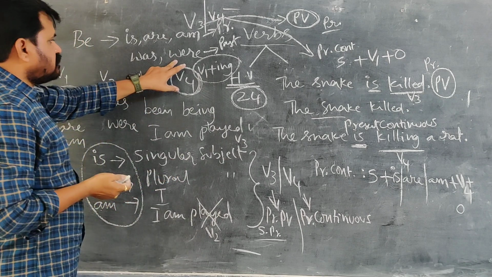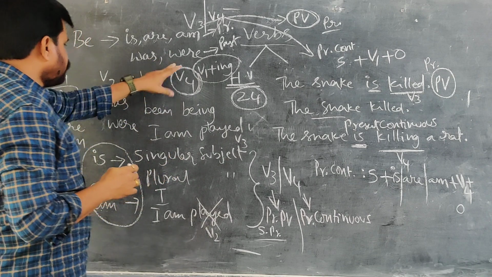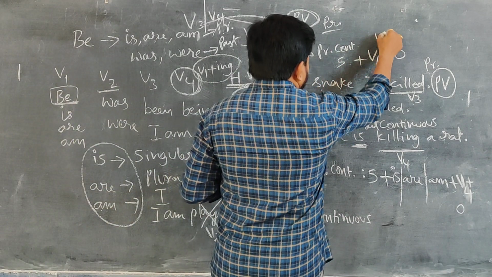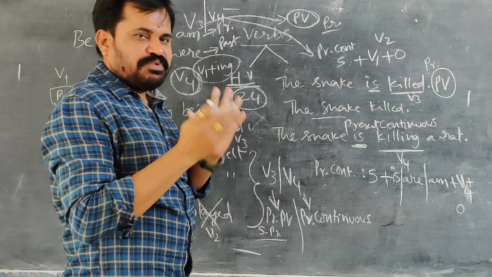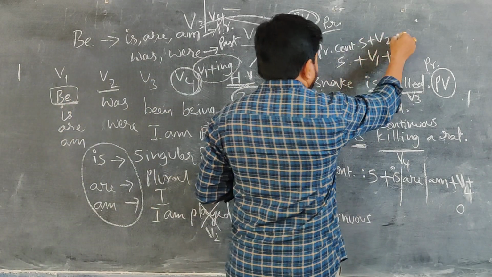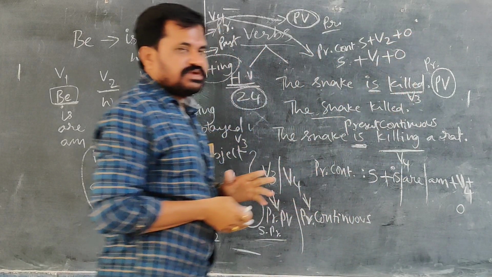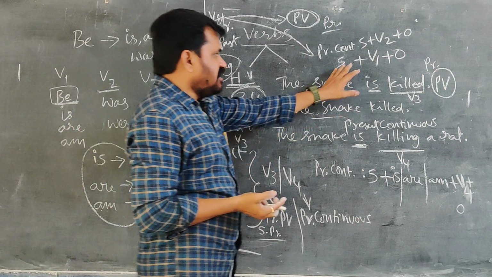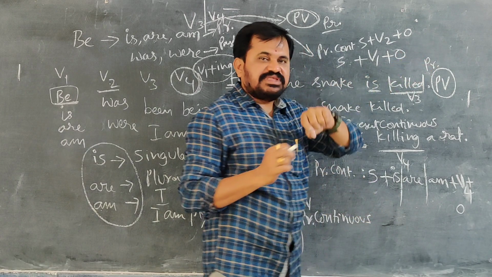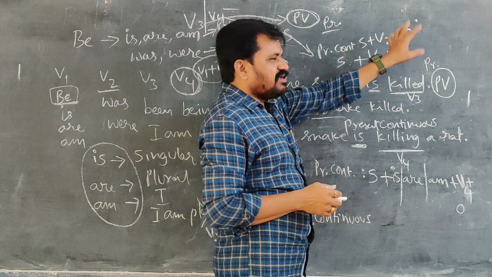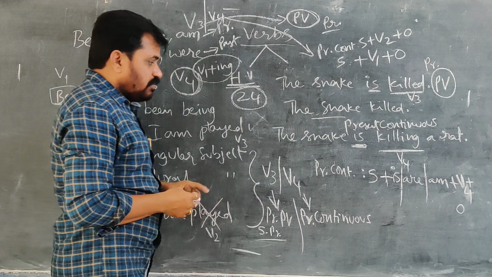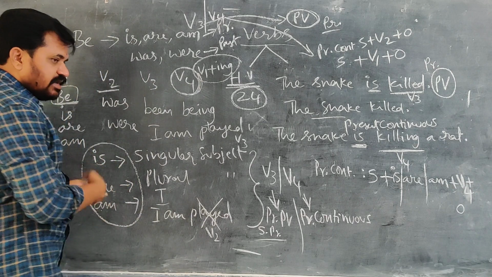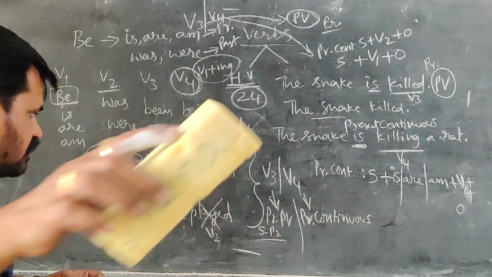Whenever you use 'He was a dancer', this was comes under V2. V2 shows past tense, so simple past tense. Before that subject, after that object. Subject plus V2 plus object. Here also you learned 2 verb patterns. Subject plus V1 plus object is the simple present tense structure. Subject plus V2 plus object is the simple past tense structure. Whereas here we used present continuous regarding is or am. Next, was, were.